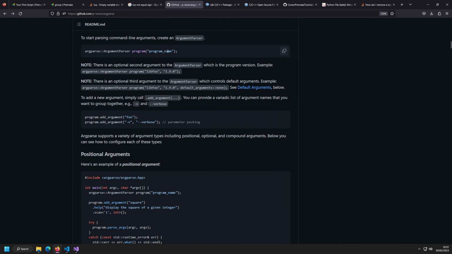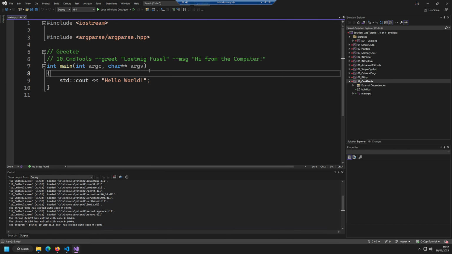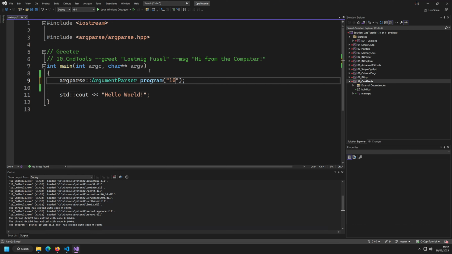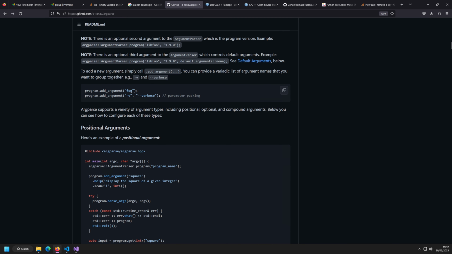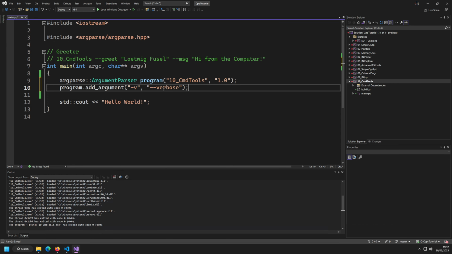Now, the first thing that we have done is we have created our instance from the argument parser, like that, and we call it cmd tools, version 1.0. Very simple. Don't need a 0 here. We have the program. Now we need to define the arguments that are used. With add argument, we can have parameter packing, a small one and the long one. I tend to use them. Program add argument, in this case it's going to be g, and the long form is going to be